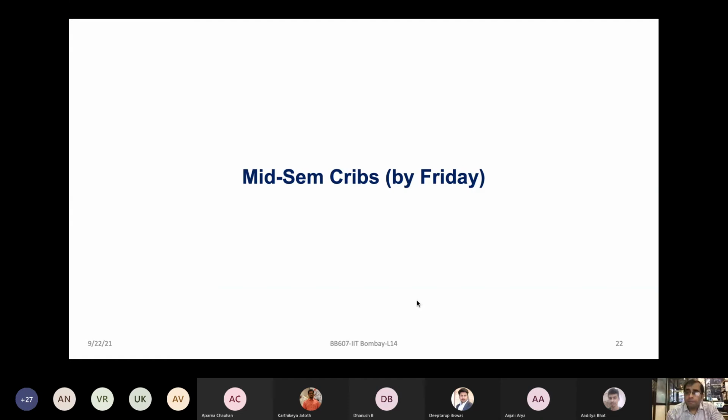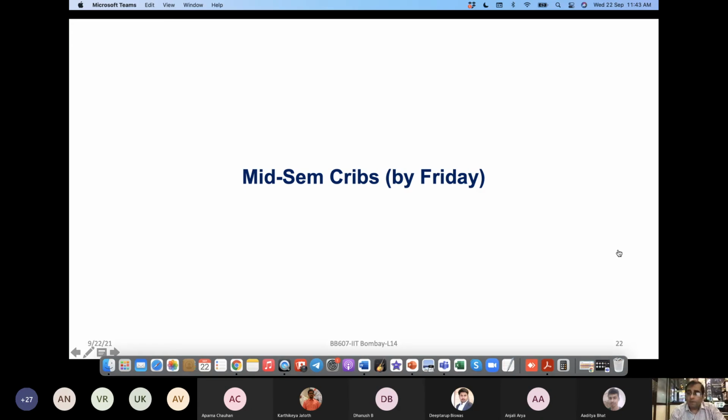Regarding the mid-sem, let me first congratulate some of the students who have done really well and obtained very good marks. Some of you did not do so well, but I'm sure that you still have the opportunity to catch up and perform well, because we are doing continuous evaluation throughout the course. The CRIF we have not seen much. Some students have only asked a few questions, which we'll try to address by Friday. And if there's still any problem, we'll be happy to talk to you further. So that's all right now from my side.